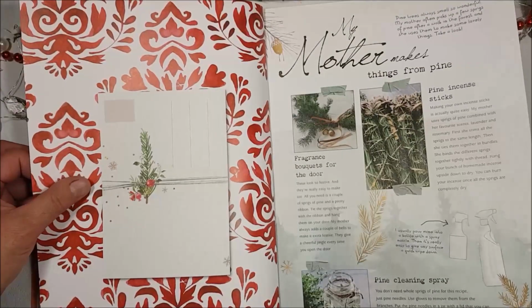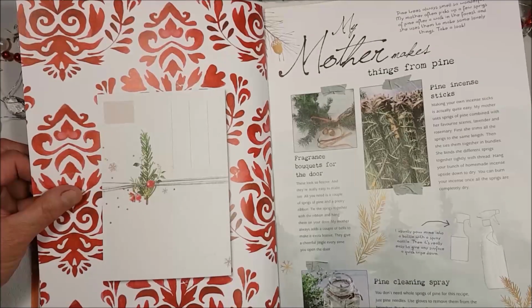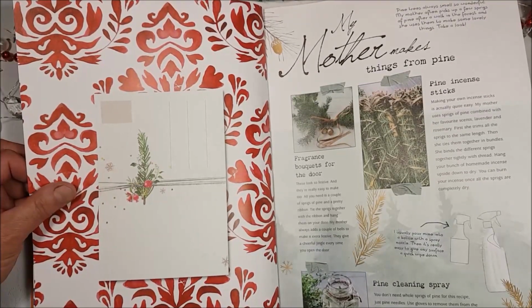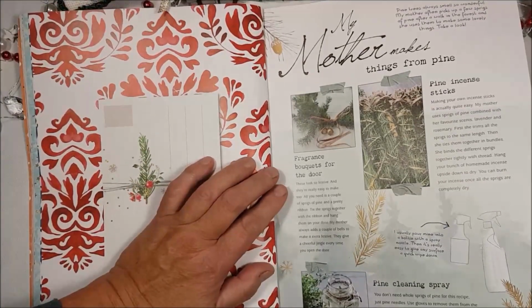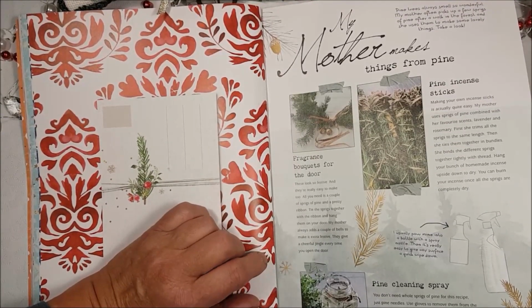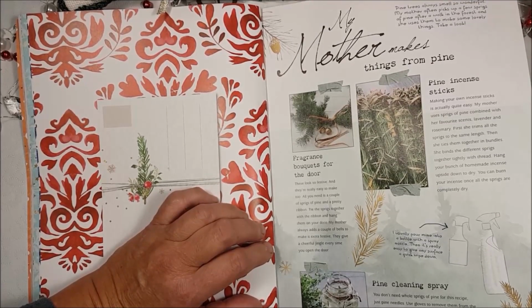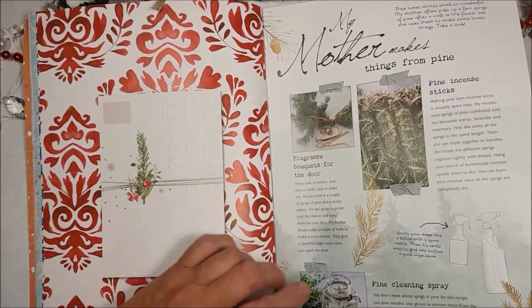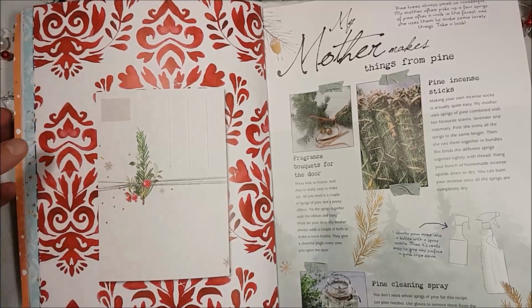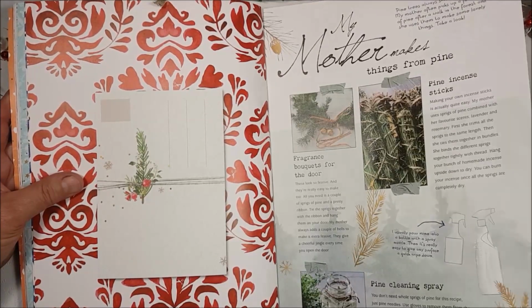Lovely natural fragrance from pine. They give you ideas for making bouquets on the doors to hang, just for a nice sort of festive feel. Pine needle incense sticks, lovely when you're starting a fire. And the other thing that's really nice when you start a fire is if you just toss in some orange peel, that gives a nice fragrance. And making your own pine cleaning spray, and pine is really a very good sort of disinfectant,